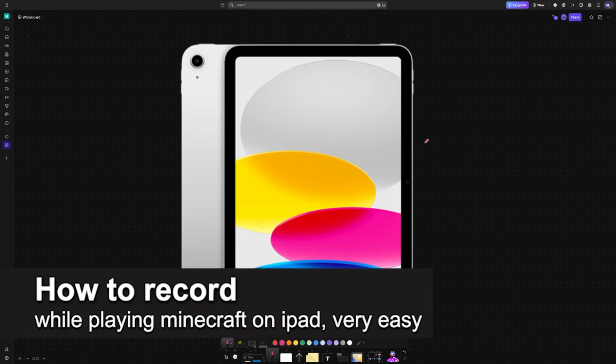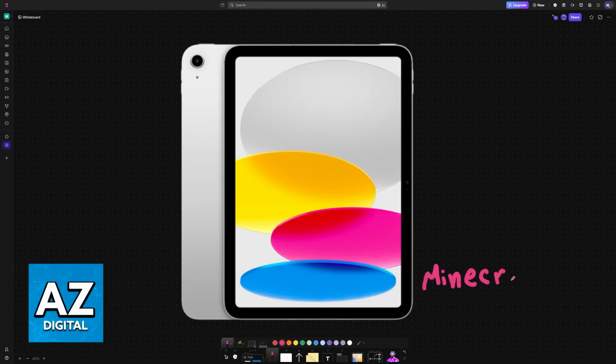In this video, I'm going to teach you how to record while playing Minecraft on your iPad. It's a very easy process, so make sure to follow along. The iPad has a screen recording feature that makes it extremely simple to record gameplay of Minecraft or any other